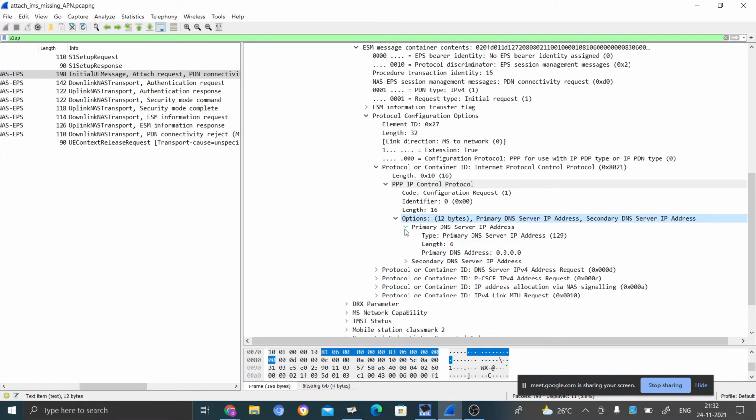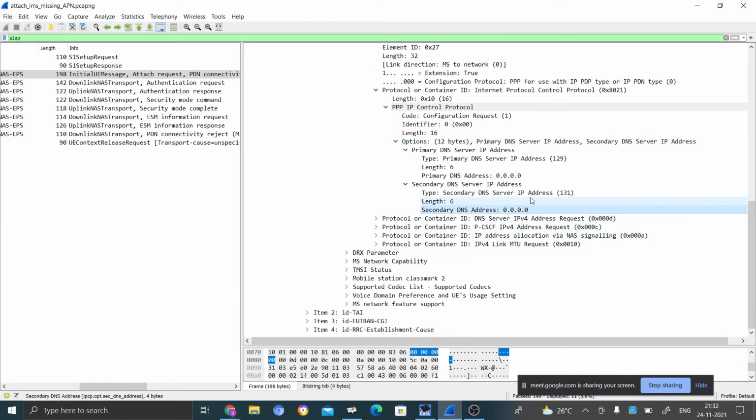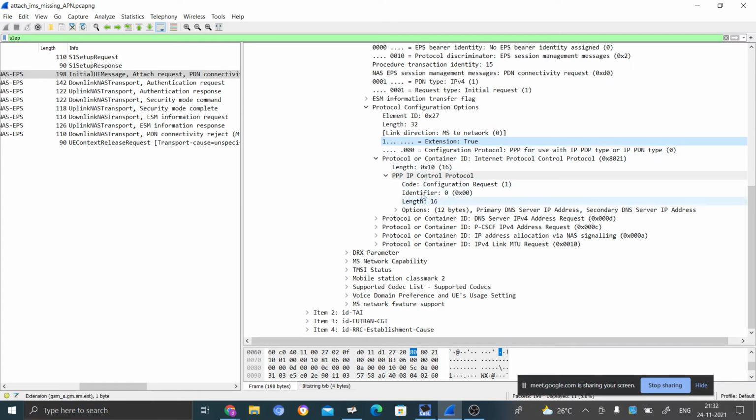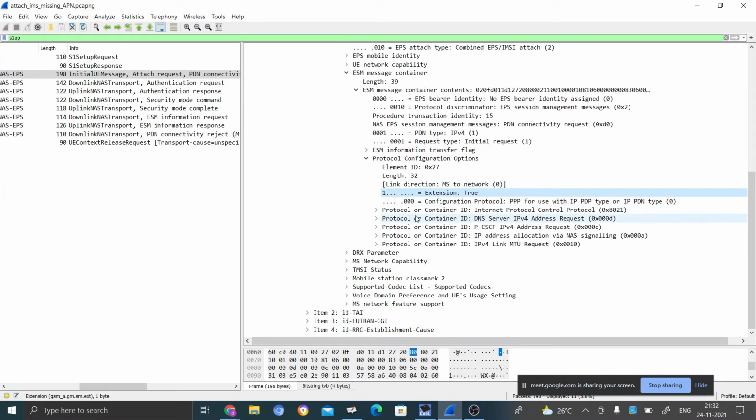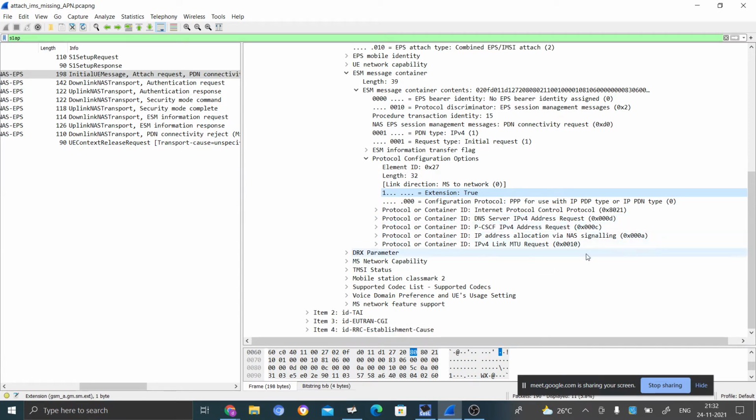Inside you can see this is the primary DNS address, this is the secondary DNS address. These are all configurable things. We can change this during our communication, or if the operator wants to change their DNS IP addresses, they can do it.